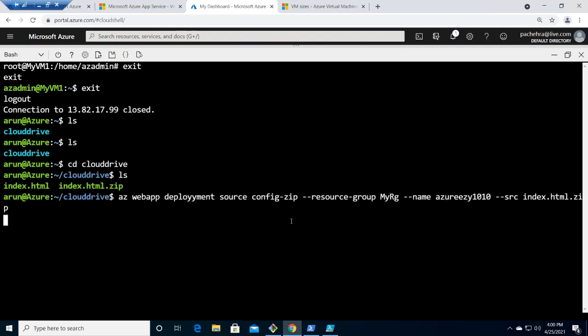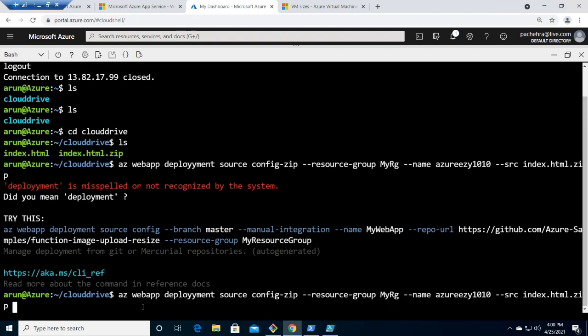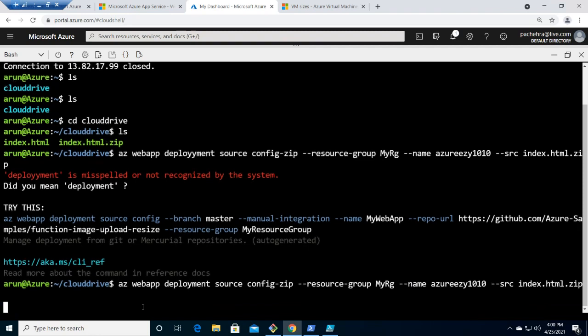Hopefully this will... no. Oh, deployment. Oh my God, I did misspell it. Okay, that's why the IntelliSense was not working. See, so you've got to take care of these things. Whenever there is an issue or an error while you're doing the lab, trust me, it is good. You learn a lot more when there is an issue.